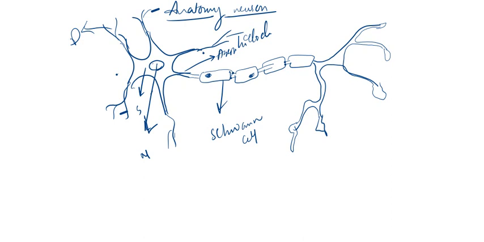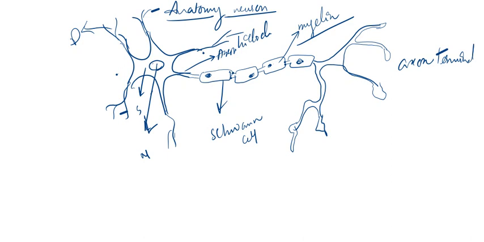I will just erase something here. Then this one is a nucleus here, and this one is a nucleus here. So this is called the myelin sheath, which is formed by Schwann cell. Whereas in case of the central nervous system, it's formed by which one? That is oligodendrocyte, right? So these are the axon terminals,